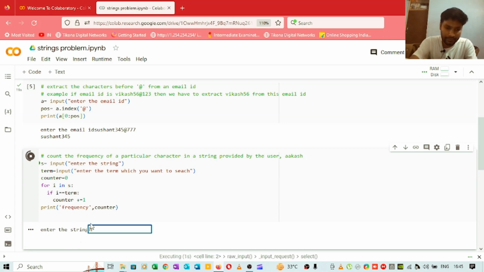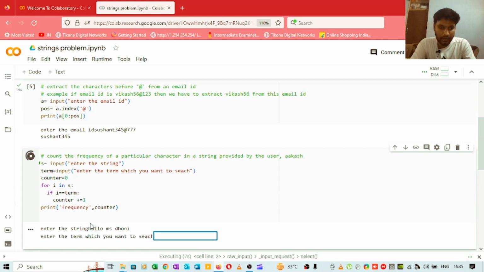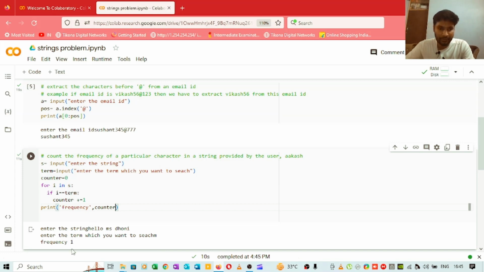Let's say we give "hello MS Dhoni", and we want to check for M. We get the frequency as 1, because we have only one M in this whole sentence. So I will explain this problem here. We take the input from the user, and then we take input again from the user for which term he wants to search